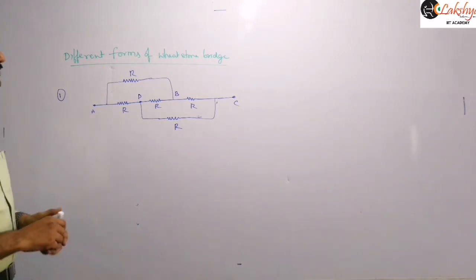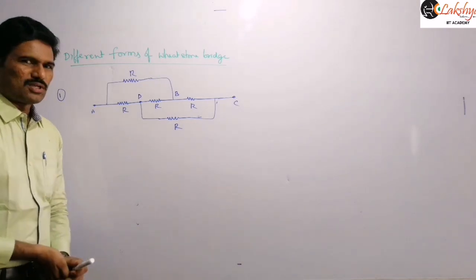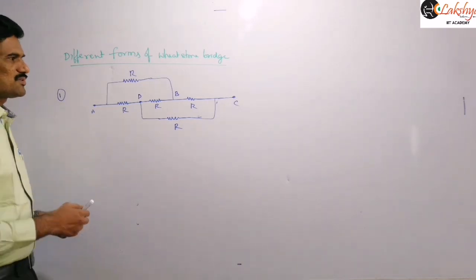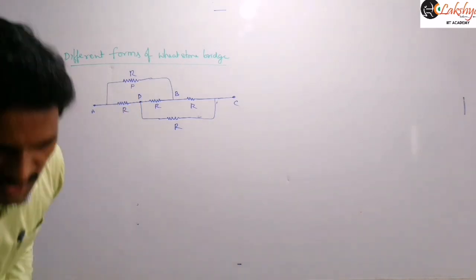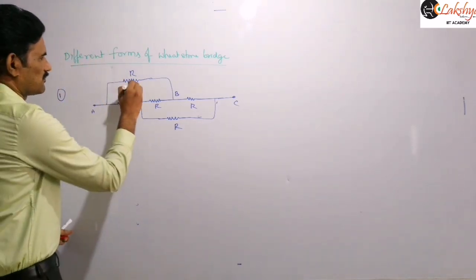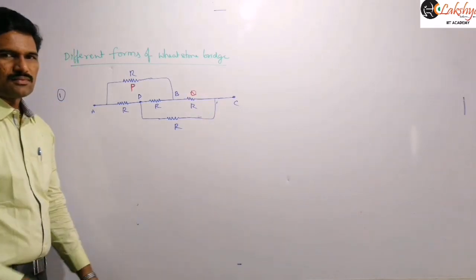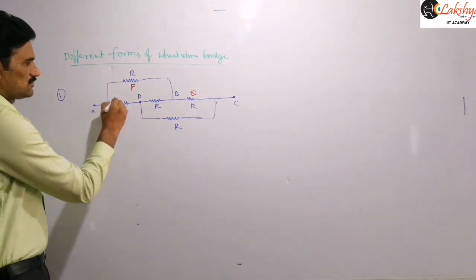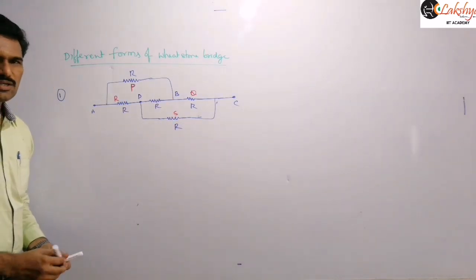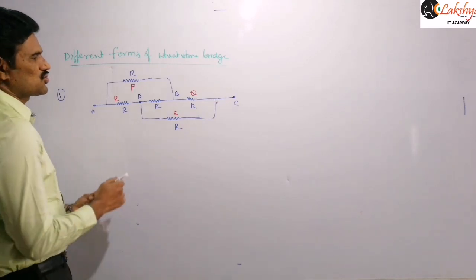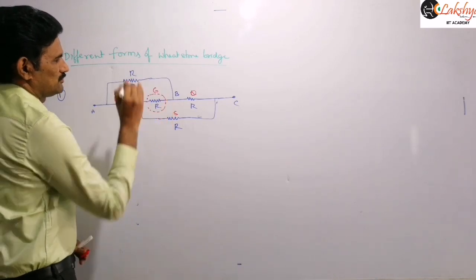Now if you observe this circuit clearly, it is nothing but our Wheatstone bridge only. How it becomes a Wheatstone bridge: you can observe that this is the position of our P, this is the resistance, this is the position of our P here. And this is the position of our Q. And this is the position of the R. And this is the position of the S. Observe here carefully. And now this is the position of our galvanometer. So this is the position of the galvanometer, right?